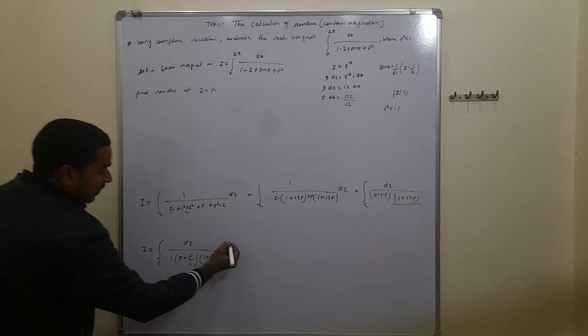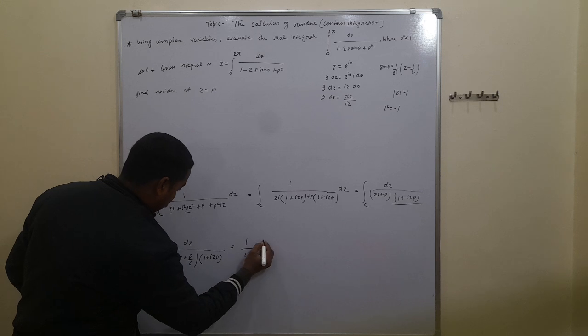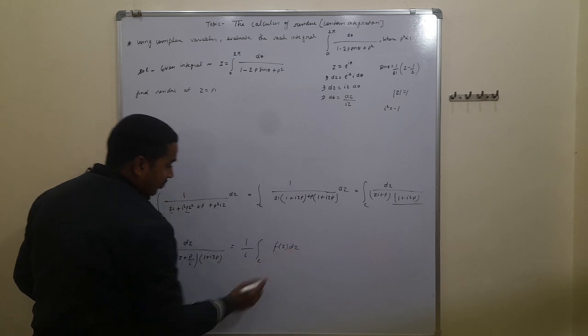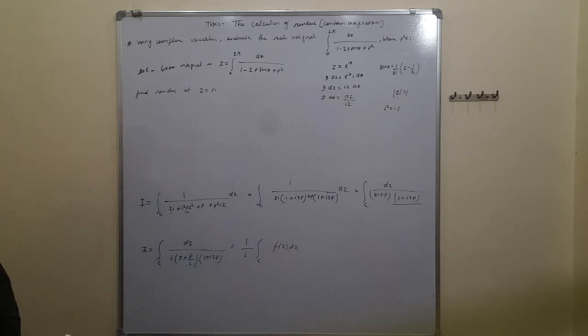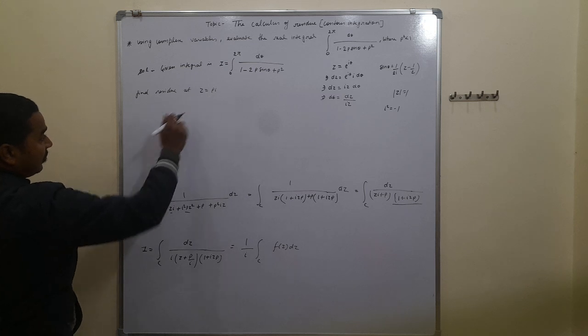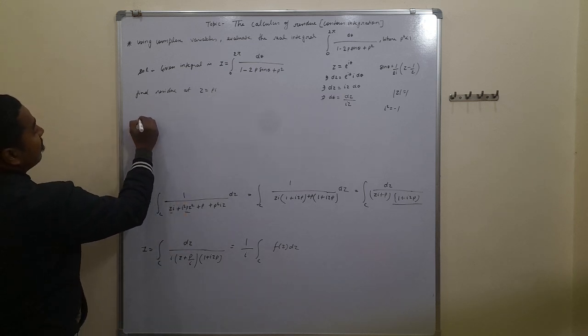We can also write 1 upon i and close integral C, and here we let f(z) dz. So for f(z) dz, we have to find the poles, z is equal to pi, and we have to find the residue at z is equal to pi, that is limit